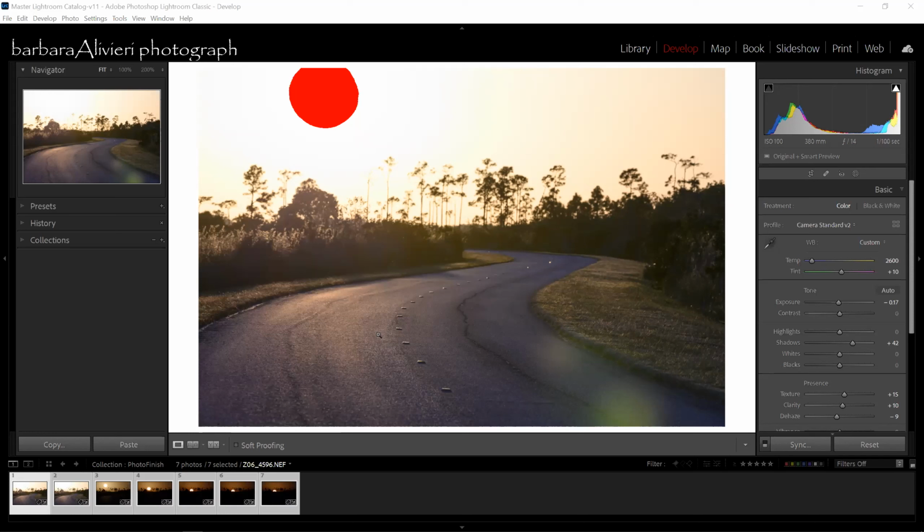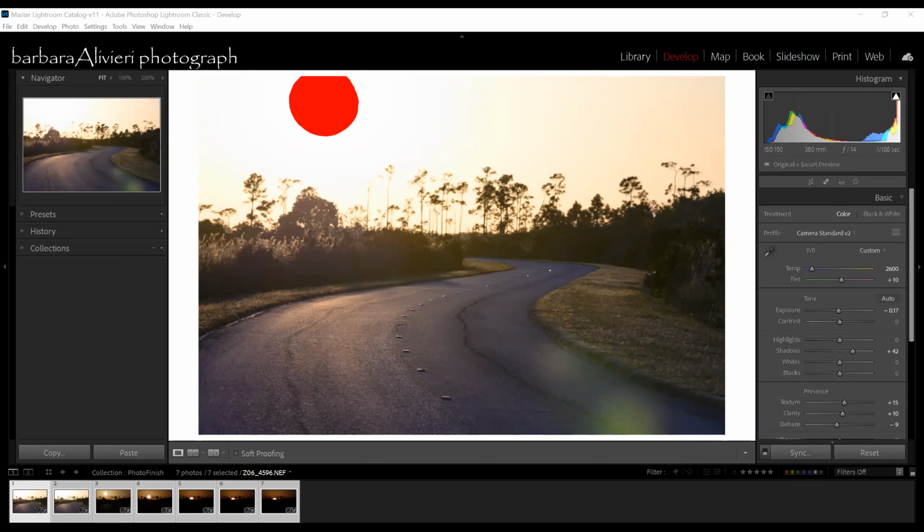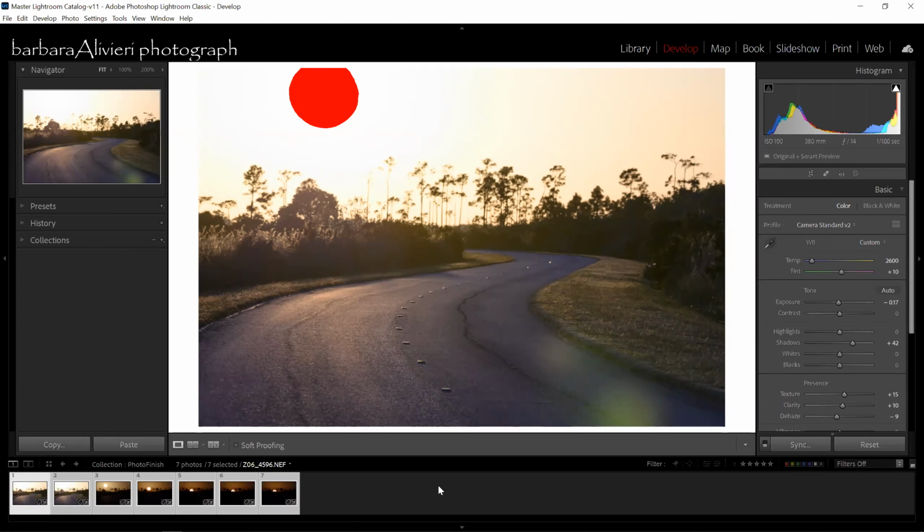You're not sharing the screen for Photoshop. I'm not? No. Oh, so you're just seeing the Lightroom. Yes. Oh, okay, I'm sorry. Holy cow. How do we do that? No share.